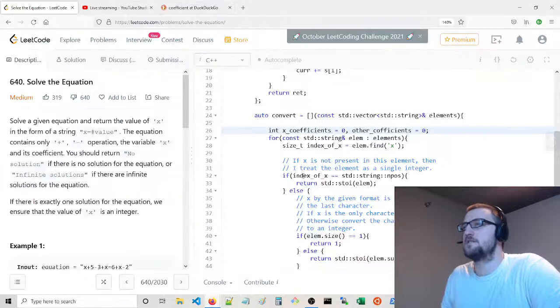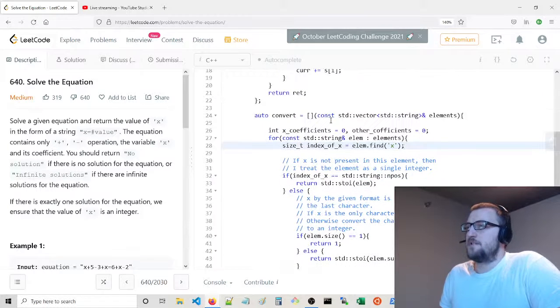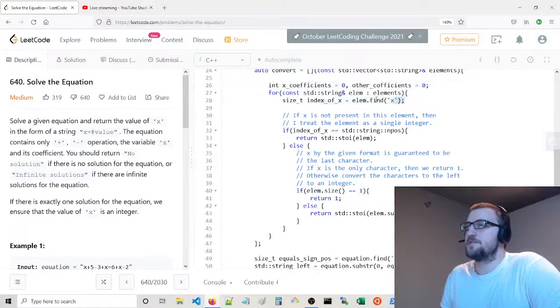Coefficient. Yes, coefficients. Okay. So the reason why I want to do this in one shot is because I don't want to run this index routine multiple times. I want to run this once on each element, and then here in this for loop we can discern either